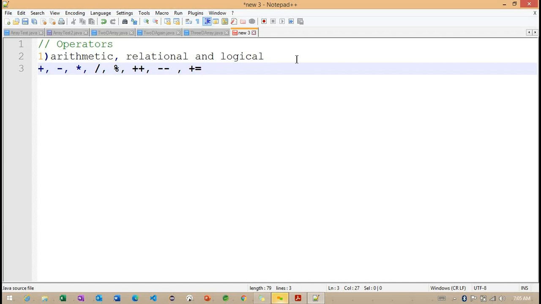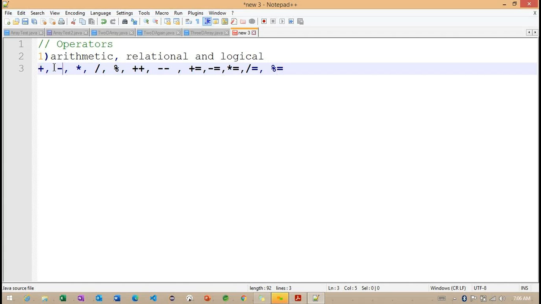In the same way, we'll have subtraction compound assignment, multiplication and division compound assignment. After that, we'll check the modulo operator. These are the very important sections we are going to discuss.